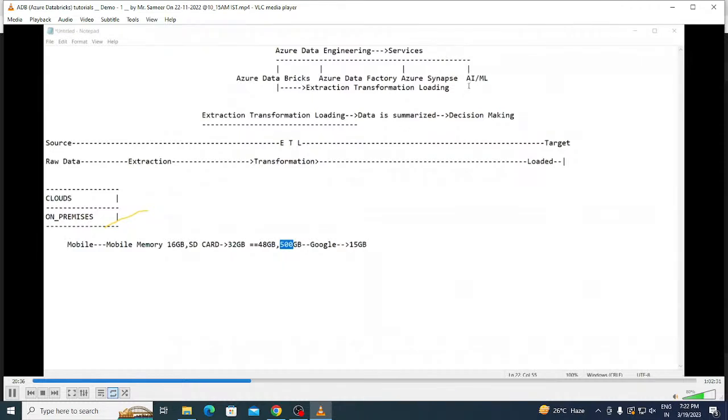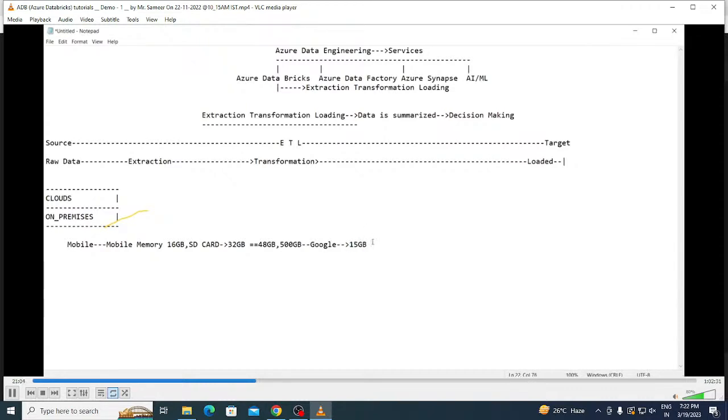My question is that now, my mobile memory already has 16 GB memory, and SD card, I have installed it. I have put some SD card and it has the 32 GB memory. Totally both the memories amounting to 48 GB, but I have some more 500 GB memory to be stored. So for that, I took the support of Google Drive, and Google Drive is providing only 15 GB memory. What is the alternative for me now?